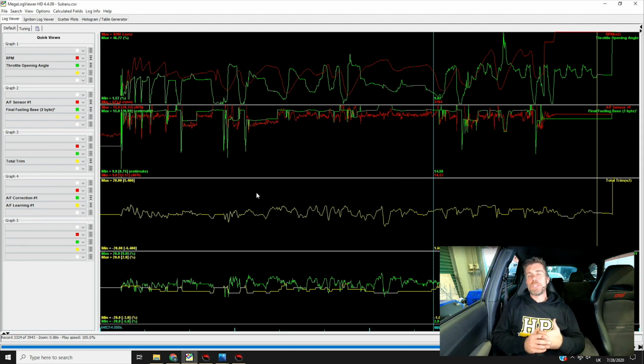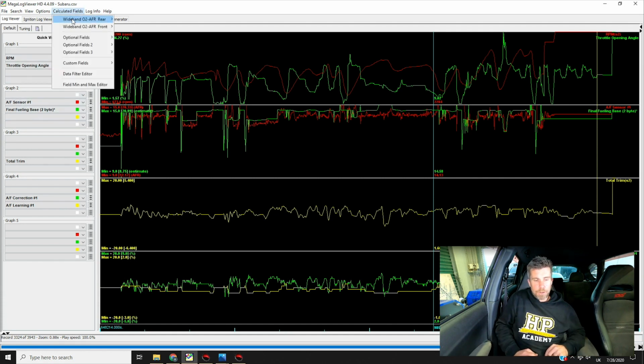Now when I'm doing this in open loop mode, so for a ramp run for example, as I've already discussed, the onboard wideband sensor is not really that good, so when we are in open loop mode, our closed loop trims, particularly if there's no learned data, are going to be sitting on 0. So those aren't going to help us. That total trim parameter is going to be completely useless to us. However, we've got another calculated field that I've created here.